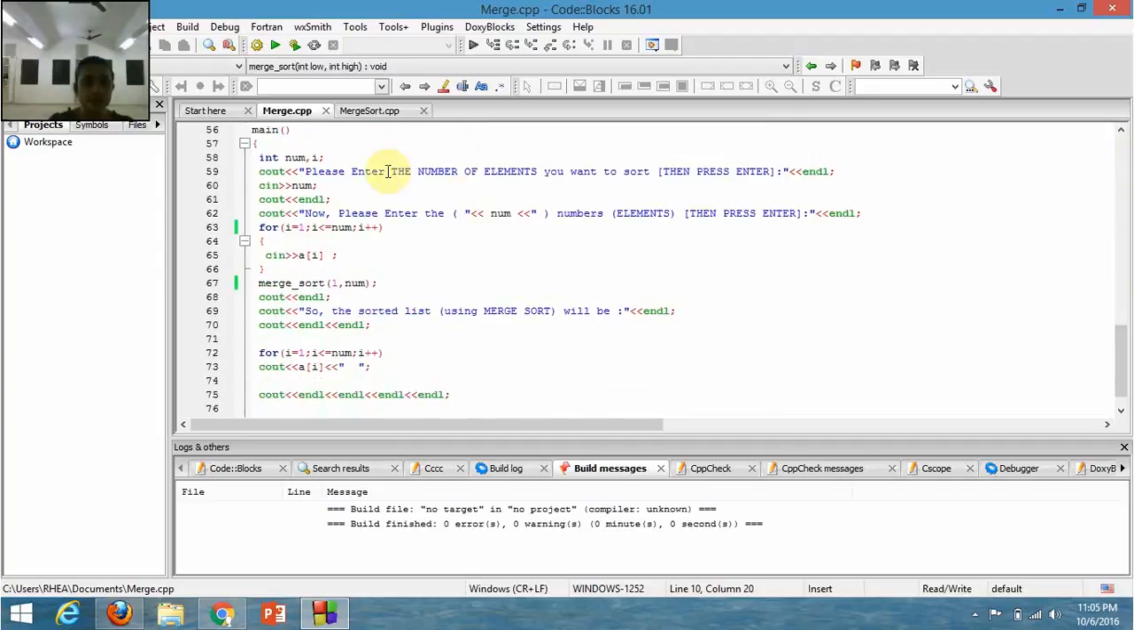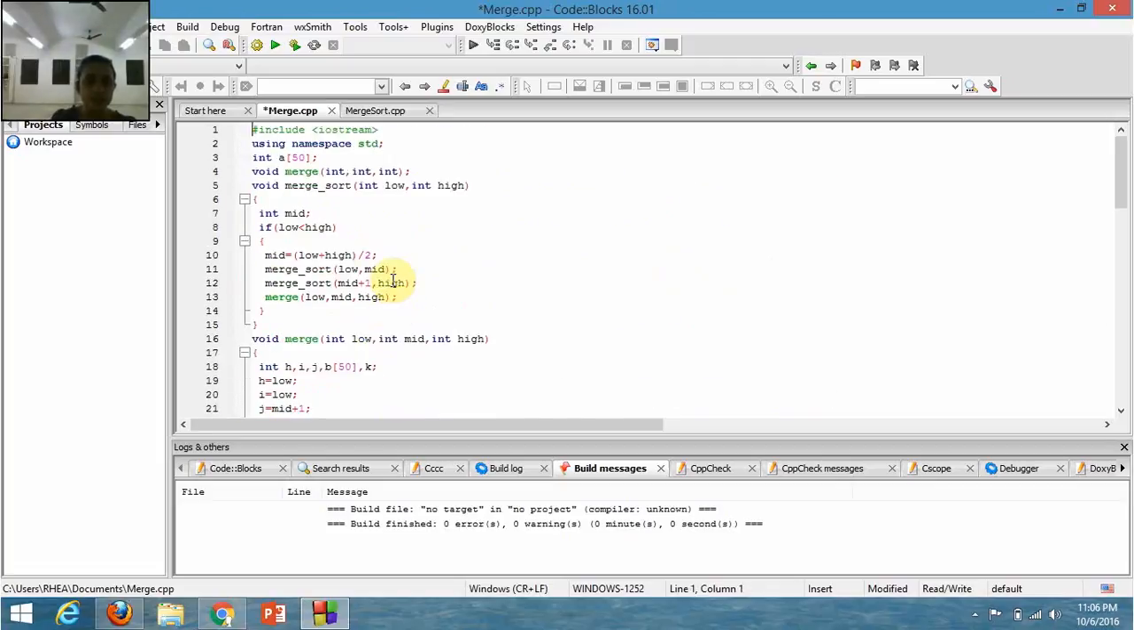In the main function, first of all we have to enter the number of elements we want to sort, and we'll be entering the elements. After that we see that there's a function call. This is the function call, okay, and finally after seeing this function call, we'll be directed to this part of the program where the mid value